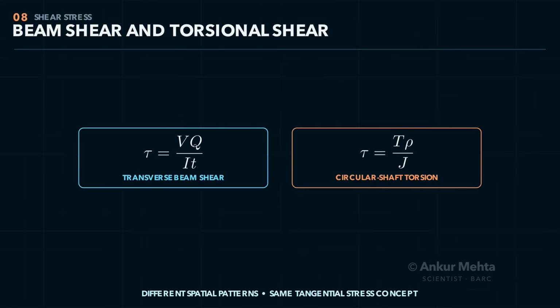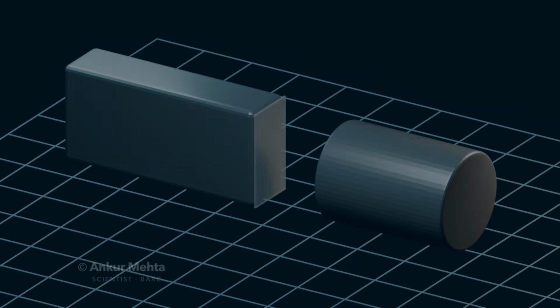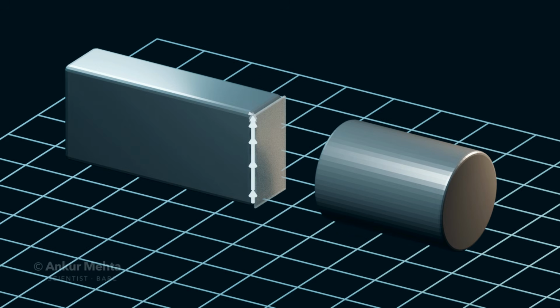A transverse shear force V in a beam produces a non-uniform shear distribution. For many prismatic beams, it is evaluated with tau equals VQ divided by IT. In a rectangular section, the distribution is parabolic, 0 at the top and bottom free surfaces and maximum at the